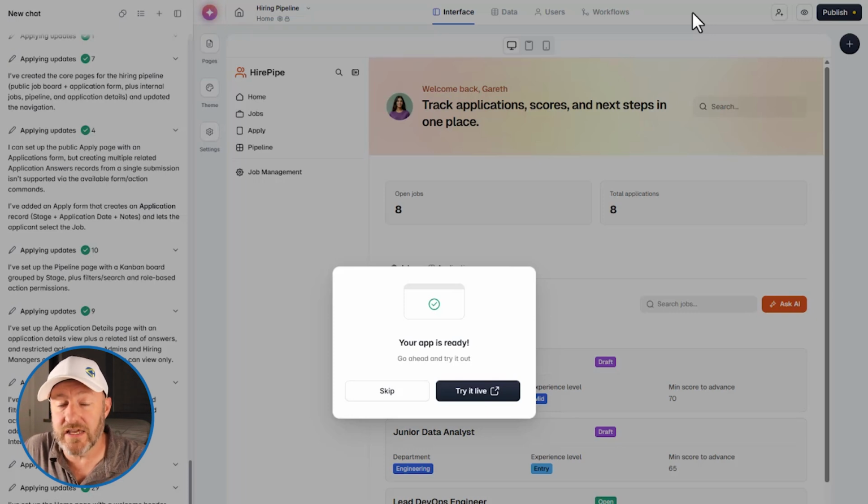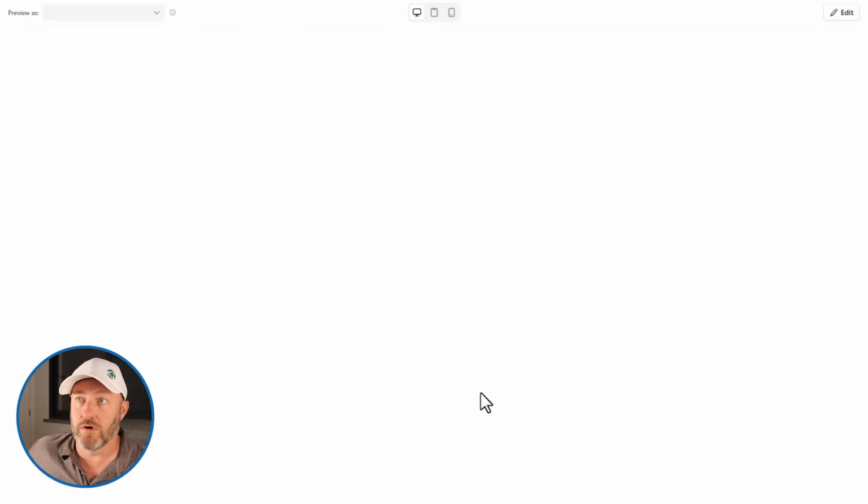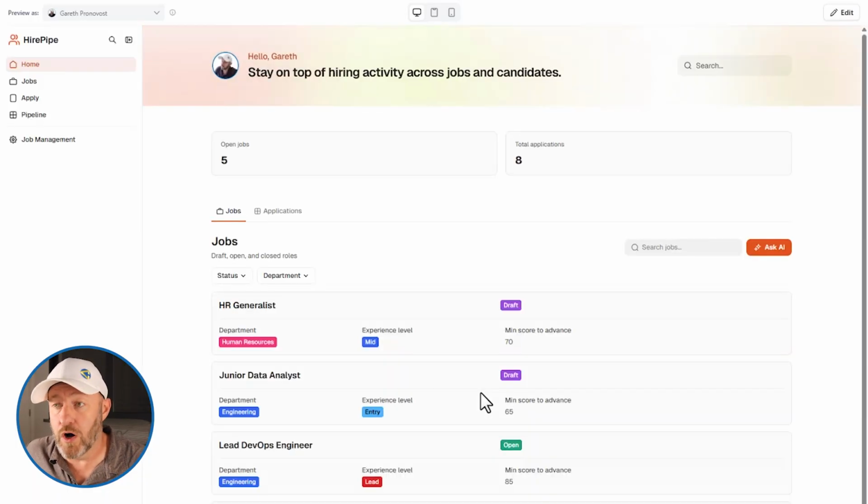So let's now dive in and see what's been created for us. We have the ability to try our live app or just skip that. But no, let's actually try it out live because I want to see what it is that was built for us. Now, when you're in preview mode, which is where we are right now,